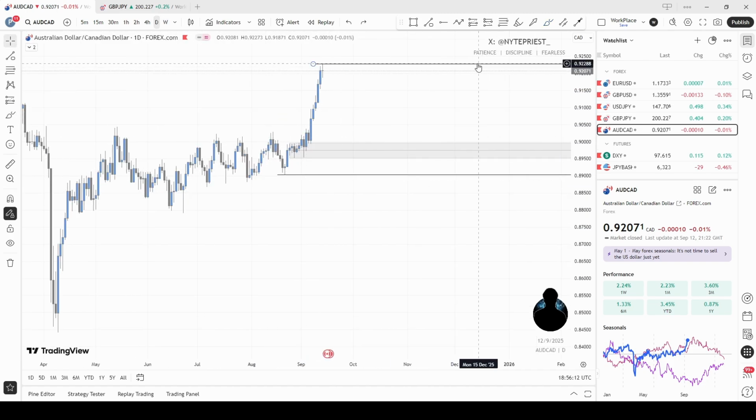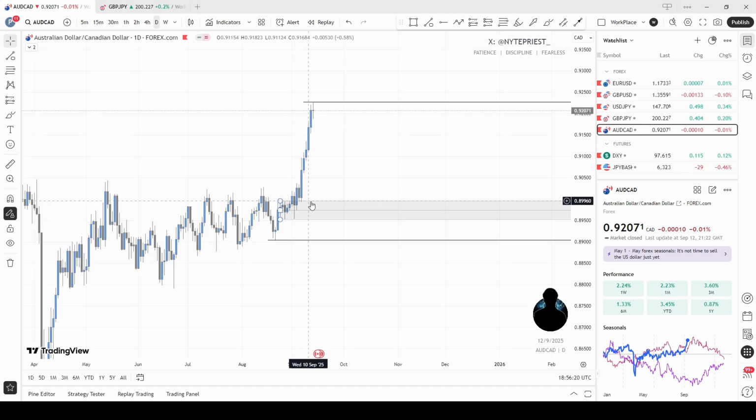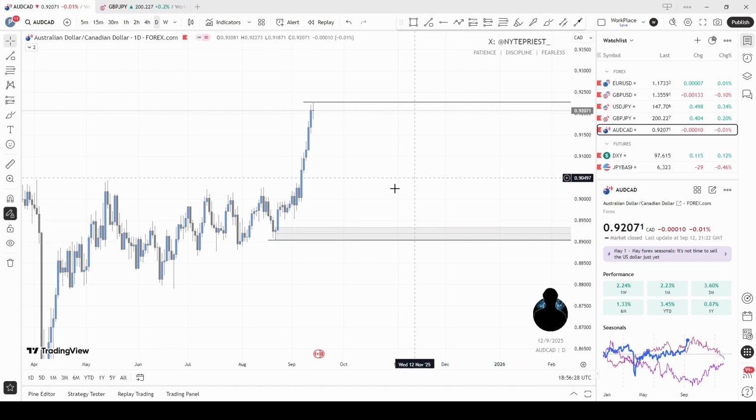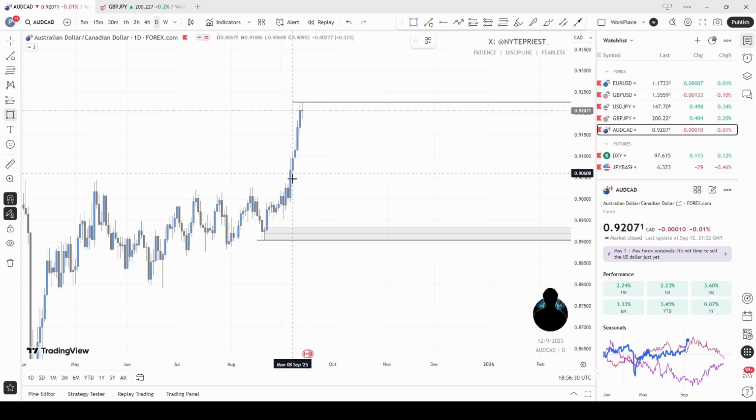So price is heavily bullish on the AUDCAD. On the daily time frame, we don't have any good information from the AUDCAD, but we can refine the demand to this level, and we have another demand here also. Okay,